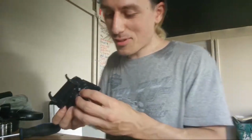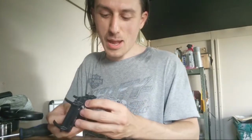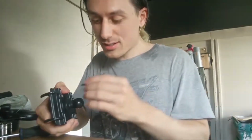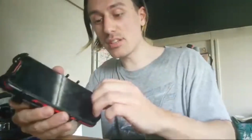To find this one, I typed in RAM mount universal PDA holder, and the measurements seem to be exact for my phone. Now they do a couple of variants. Of course, mine's the smaller one because my phone is smaller. Got to give it some road tests, but if you're looking for another phone mount,